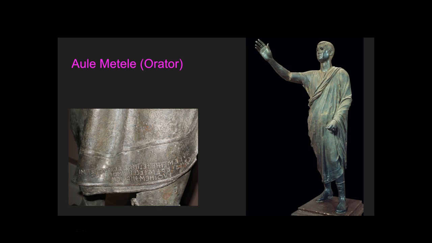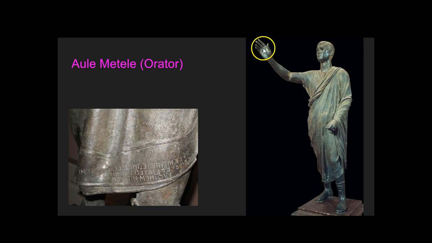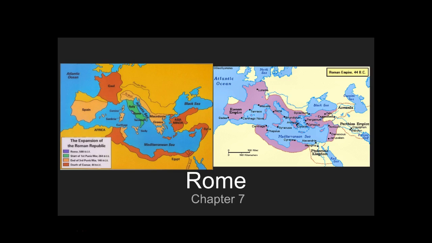Orator, my goodness, orator. He is an Etruscan man who spoke out a lot for the Etruscan people in the Roman Senate. You can tell that by his kindly but almost defeated face. He's got his hand held out, almost asking for, or pleading for, the people. But we see the Roman dress here. Inscribed on the bottom is Etruria, or Etrurian, and it's basically, again, pleading for those people. So now we're moving into Rome.